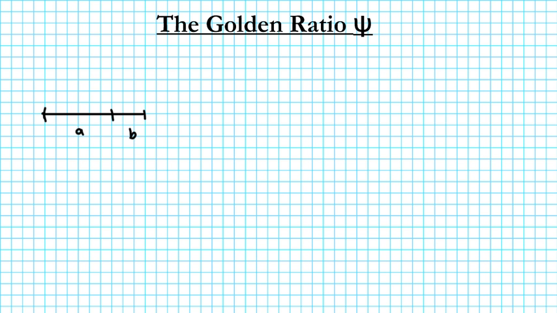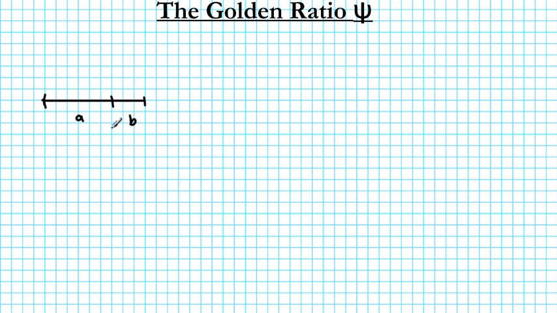The golden ratio is a special ratio where the ratio of the sum of the sides to the longer side is equal to the ratio of the longer side to the shorter side. So if the sum of the sides a plus b, which is the whole thing, divided by the longer side a, is equal to the ratio of the longer side a over b, this is known as the golden ratio. The symbol used to represent the golden ratio is the Greek letter